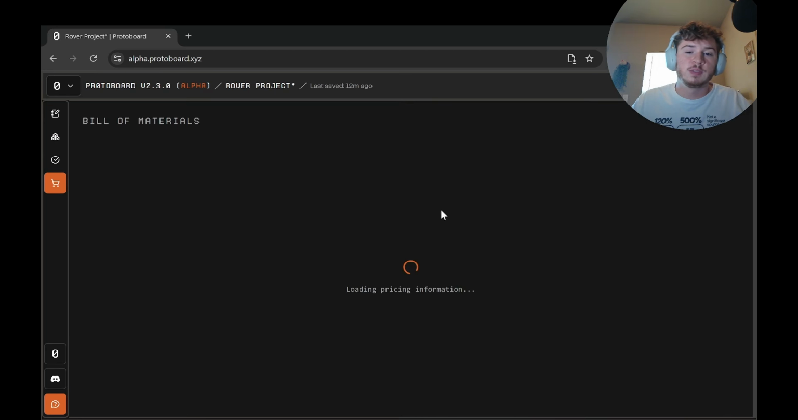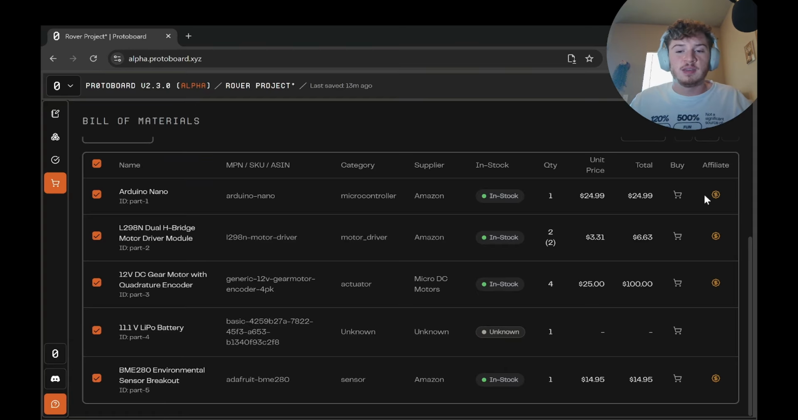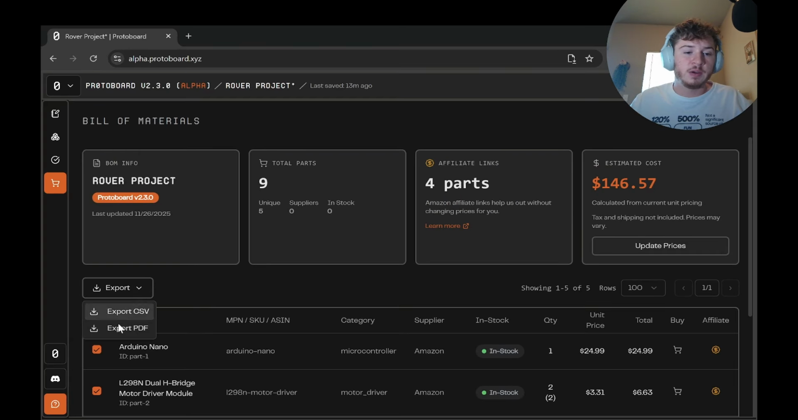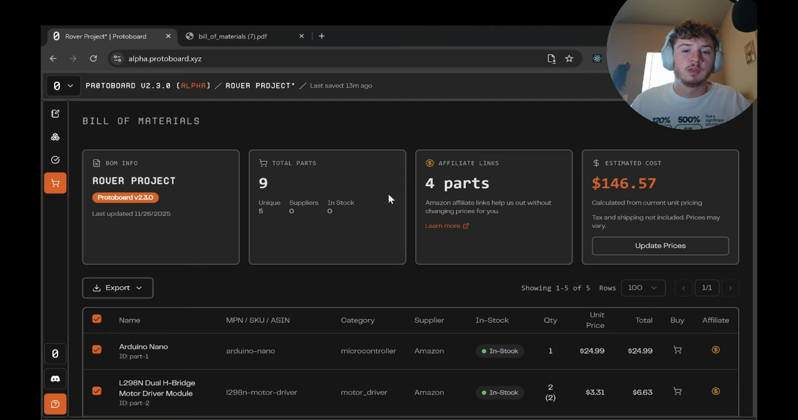And if I go to the bill of materials, I can now see that my project is getting quite costly. But if I want to go ahead and buy it or export it, I can even export the bill of materials when I'm done, and I'll get a nice little project